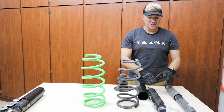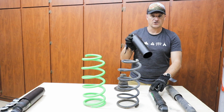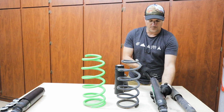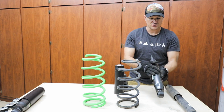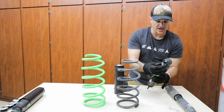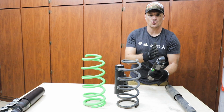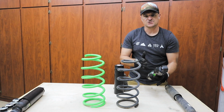Same with the shocks. The shocks, they're very different in the build. I pulled the included rock guard off with this, but you can see it looks shorter, but the amount of oil in this thing, because it is so large diameter compared to the factory one, and also it has a really good weld all the way around, and it's slightly offset, so it's mounted. So you got to make sure on your rear suspension that you have the driver's side and the passenger side